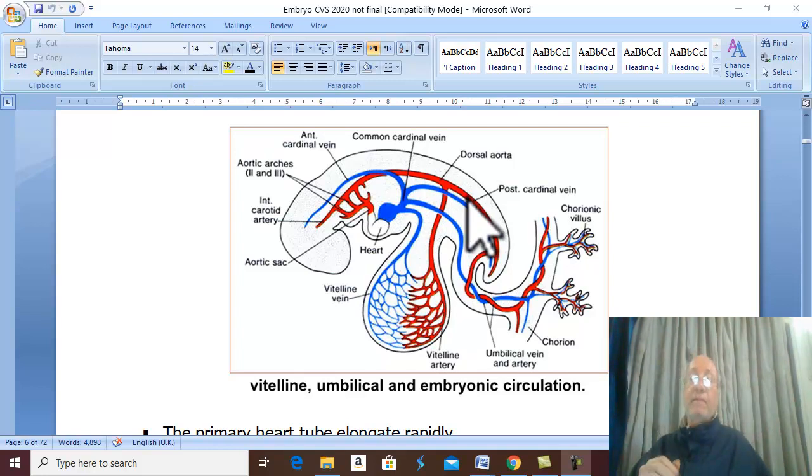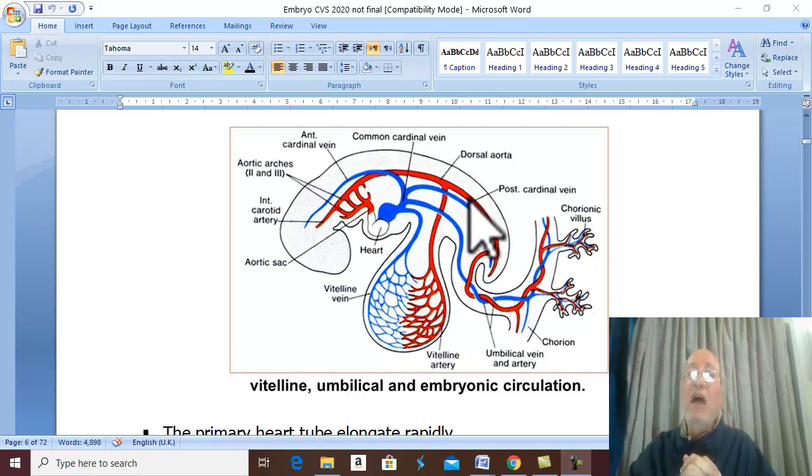The fourth step is that the primary heart tube elongates rapidly. But where does it elongate? In a very small area of the embryo. Due to rapid elongation of the primary heart tube in a very short area, this leads to formation of the fourth stage. The fourth stage is formation of 3 constrictions with formation of 4 expansions in the primary heart tube,